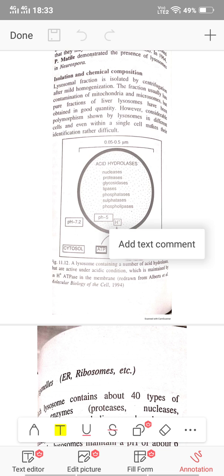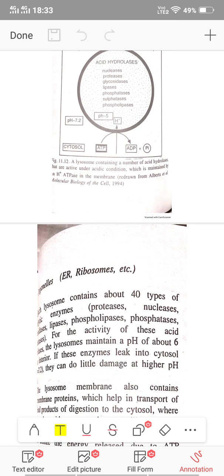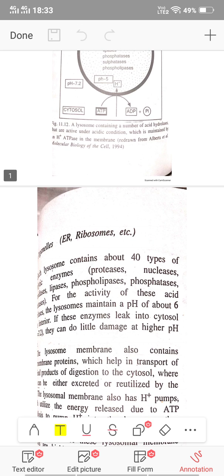Isolation and chemical composition. Lysosomal fraction is isolated by centrifugation after mild homogenization. The fraction usually has contamination of mitochondria and microsomes, but pure fractions of liver lysosomes have been obtained in good quality. Each lysosome contains about 40 types of hydrolytic enzymes: proteases, nucleases, glycosidases, lipases, phospholipases, phosphatases, sulfatases. For the activity of these acid hydrolases, the lysosome maintains a pH of about 6 in its